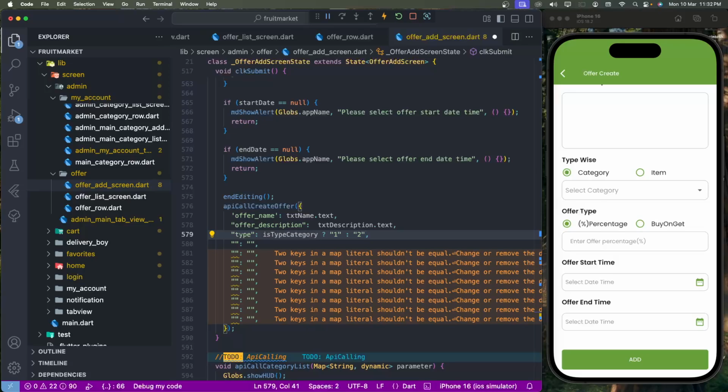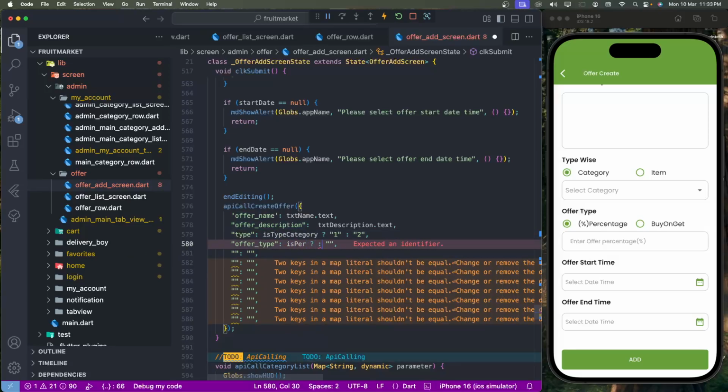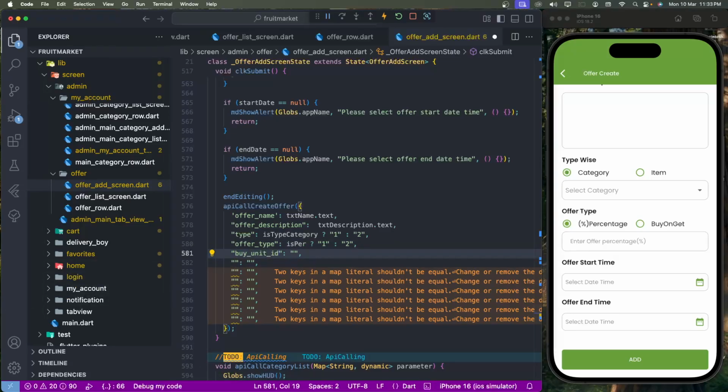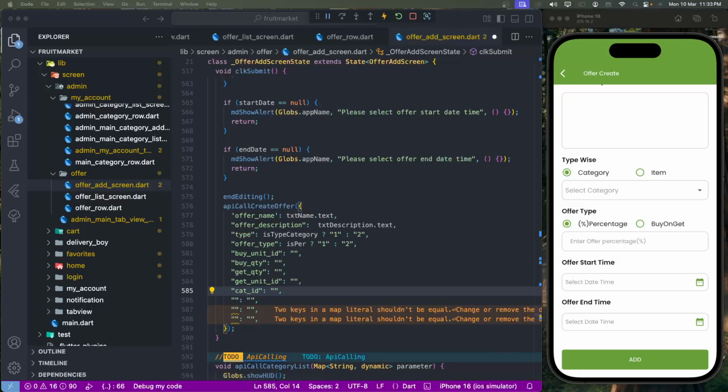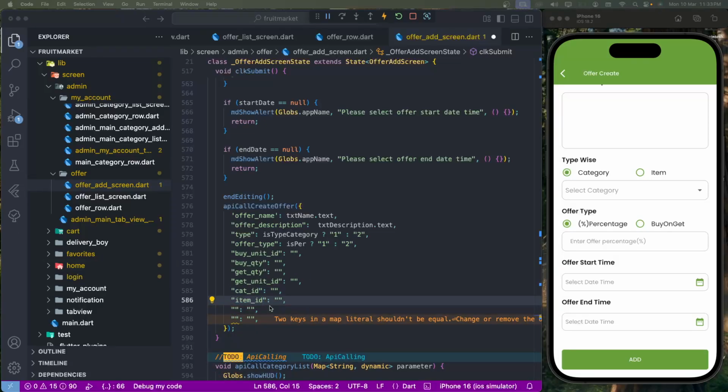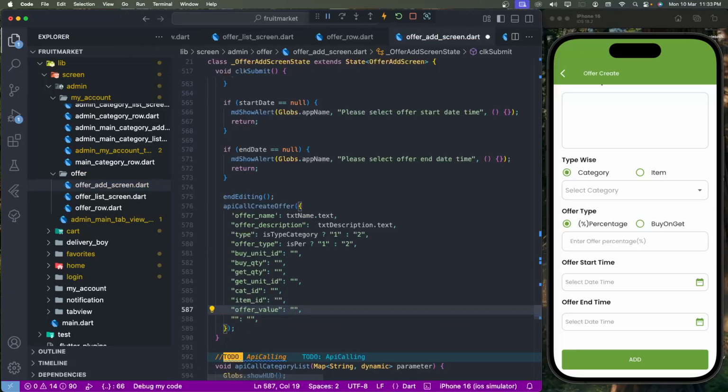Need to make sure inside the checking inside the database, means offer, we need to give this here the two. And then after offer types image need to check here is percentage is PR. Then we need to set this here the one, otherwise need to give this here the two. And now buy units ID and after the buy quantity and after get quantity, unit ID and category ID, item ID, offer ID, offer value means here the percentage, start date and last one is end date